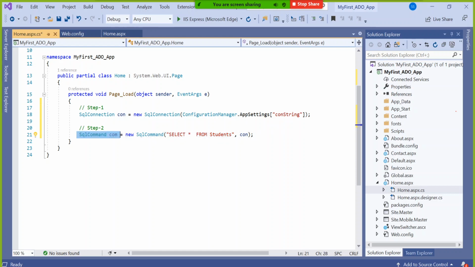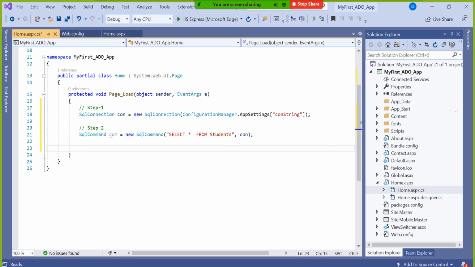That means indirectly this line is saying please go to the con path, that means the database path, and please execute this query. So this line decides where exactly to go, and this line decides what command exactly to fire there. Any questions as of now?